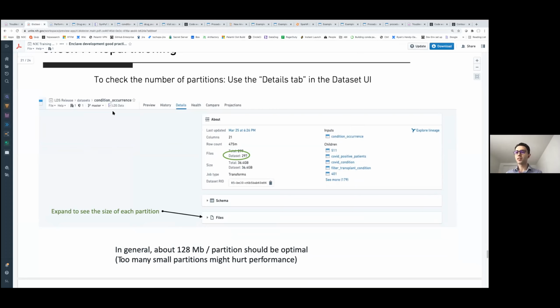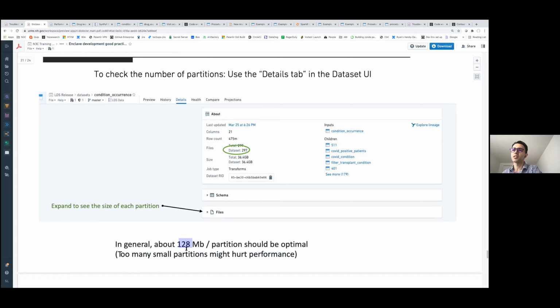It's generally the case, although there are some exceptions, that you want to aim for each partition to be roughly 128 megabytes. So you want a number of partitions that achieves this 128 megabytes per partition.